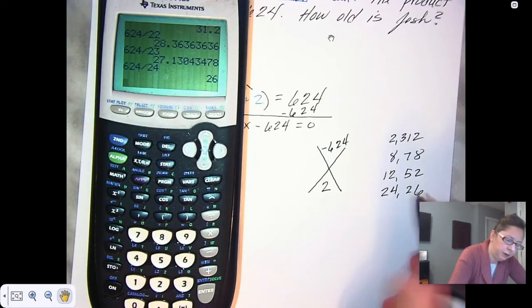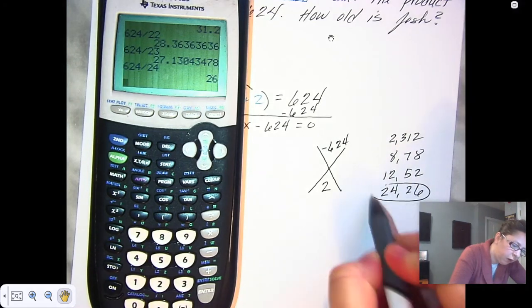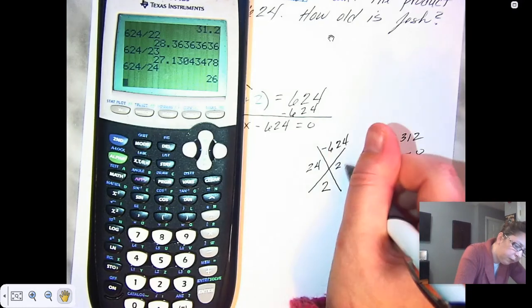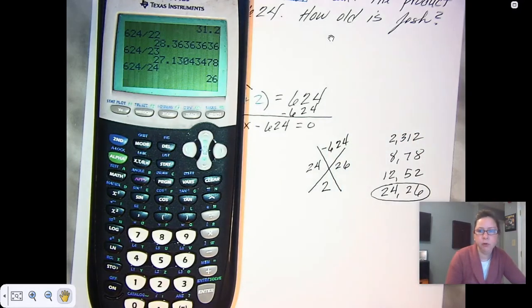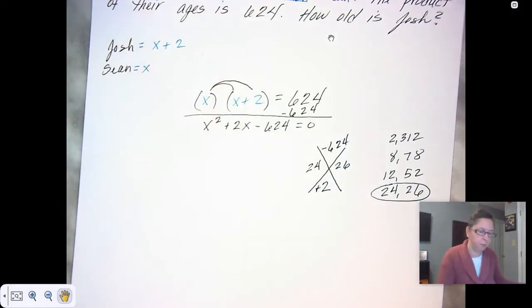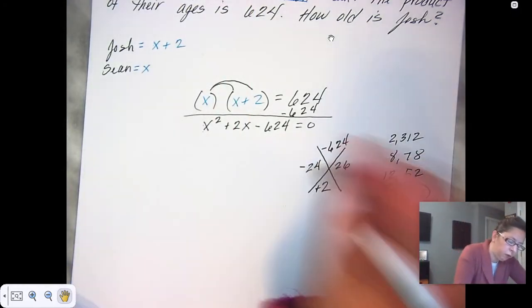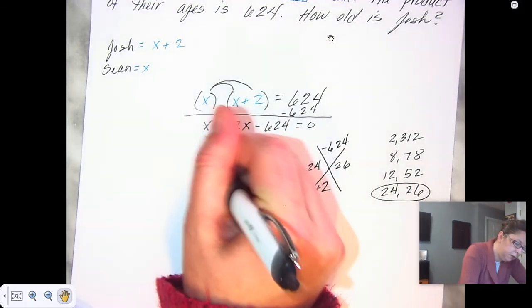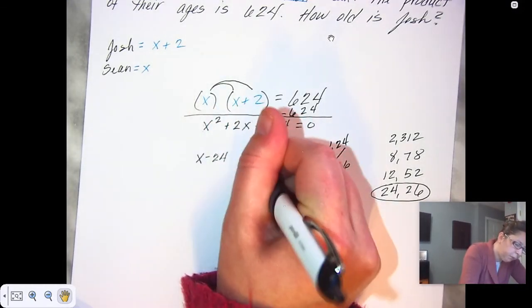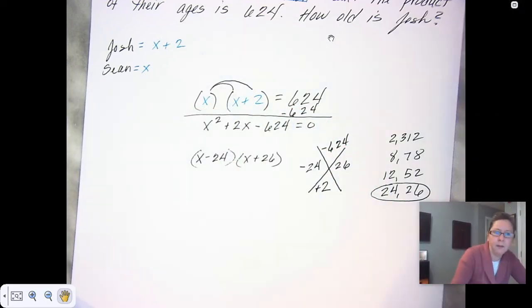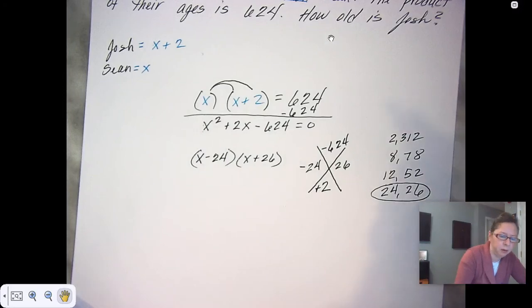And I see 24 and 26 are 2 apart. Now, which one has to be subtracted to get this positive 2 on the bottom? That would be the 24, okay? So if I set up these factors, x minus 24, x plus 26, and then I apply the zero product property,